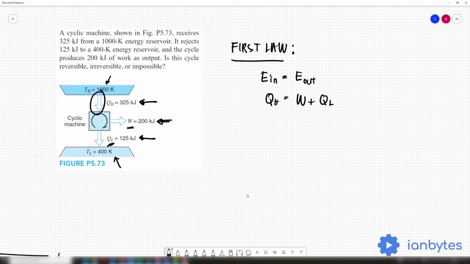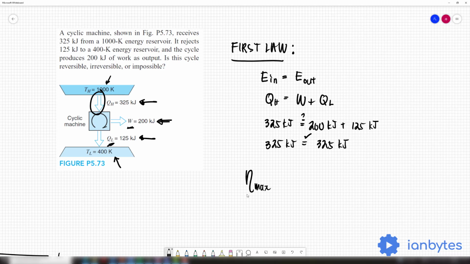Now, let us substitute the numbers that we have. We have 325 kilojoules. The question is it equal to 200 kilojoules plus 125 kilojoules? And without even using the calculator, you can conclude that they are indeed equal to each other. Therefore, it passes the first law of thermodynamics. However, this is still inconclusive as of the moment dahil kailangan pa natin siyang i-check using the second law of thermodynamics. More specifically, we can use the definition of the Kelvin temperature in order to determine the maximum efficiency of our heat engine.